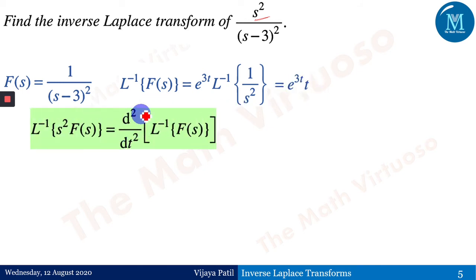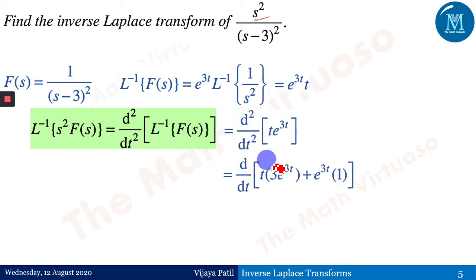Therefore by this formula I need to differentiate this e to the power 3t into t 2 times. Let us do it for the first time. So d upon dt, we are differentiating using the rule for u into v: u into differentiation of v, that is, differentiation of 3t, that is 3 into e to the power 3t, plus e to the power 3t as it is, into differentiation of this t as 1. Similarly, by adjusting the term, e to the power 3t is out, 3t plus 1. So now this is the first, this is the second function.